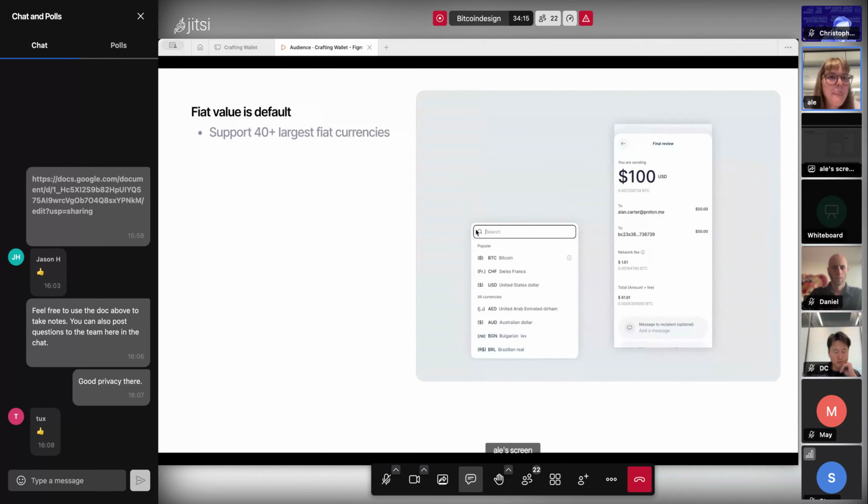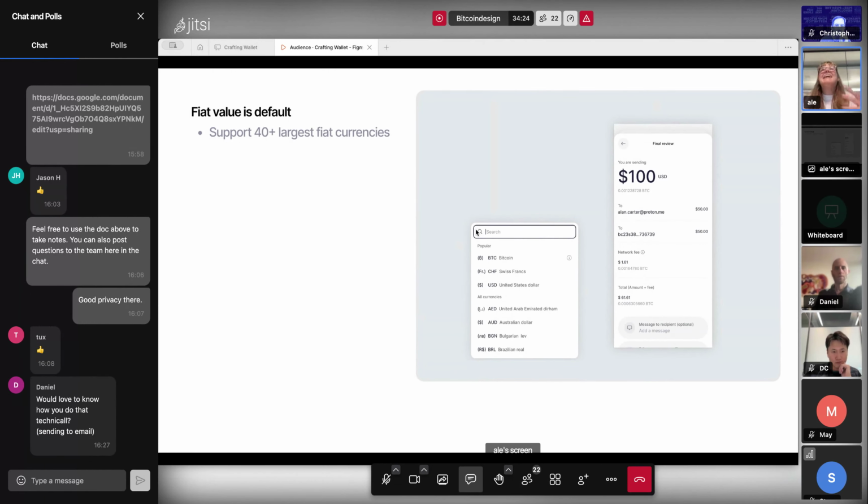Bitcoin address. And our last challenge: it was very clear to us that we need to give people something they can relate to. So we use fiat value as a default, and every time we can, we say we are sending $100, and we separate by 50.